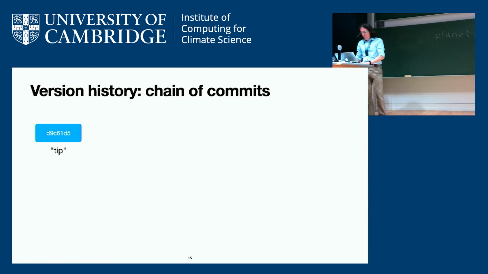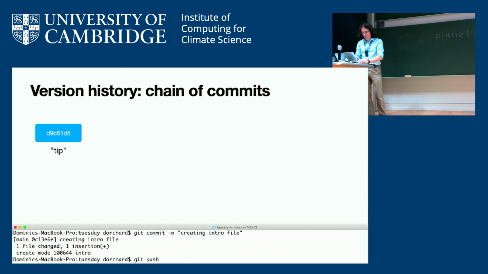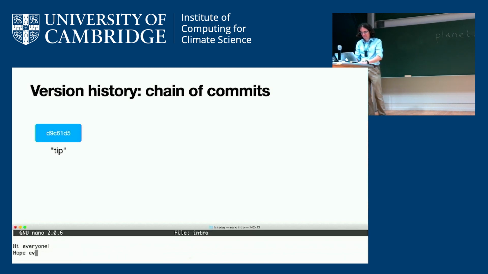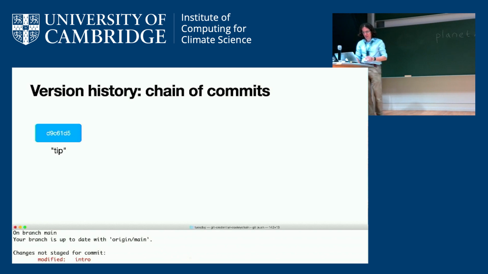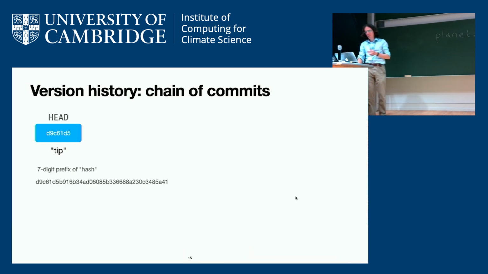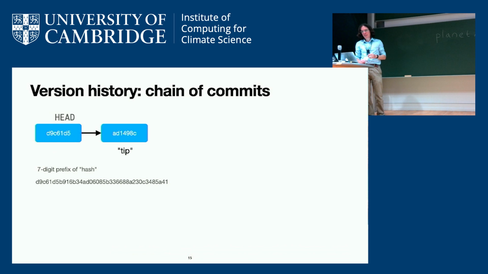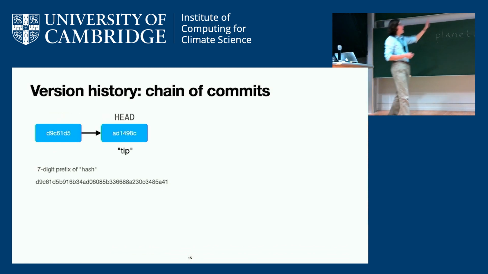So what we've got now is a history of versions in our repository, and maybe if I go and edit this again, I can do some more commits. Oops, forgot to add, so I can add by the file. We'll see some other cool things with add in a bit. Git commit and push. So as we're doing that, we're creating commits, and they have a name to identify them,